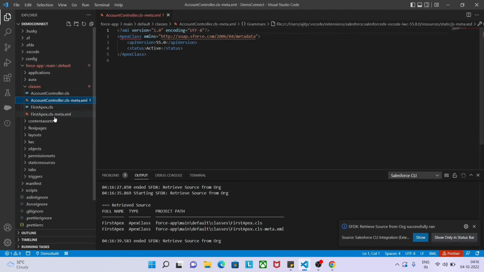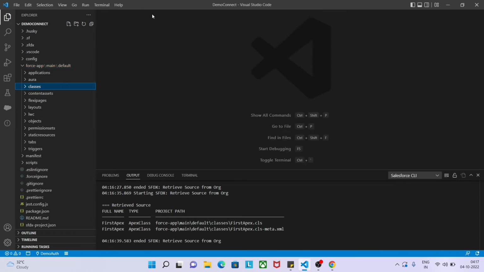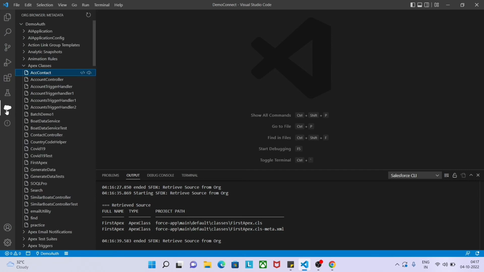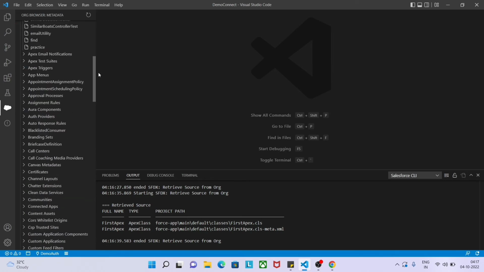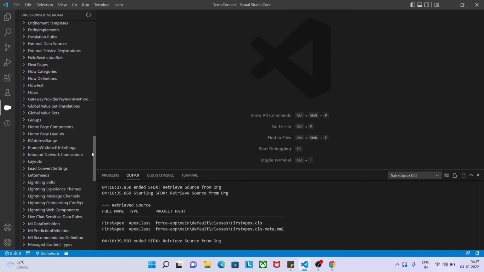It came. Now what we can do is modify it and simply deploy it to the org. That I will also be showing. Let me retrieve more, like the LWC component also. Let me search LWC component. So the main thing is that